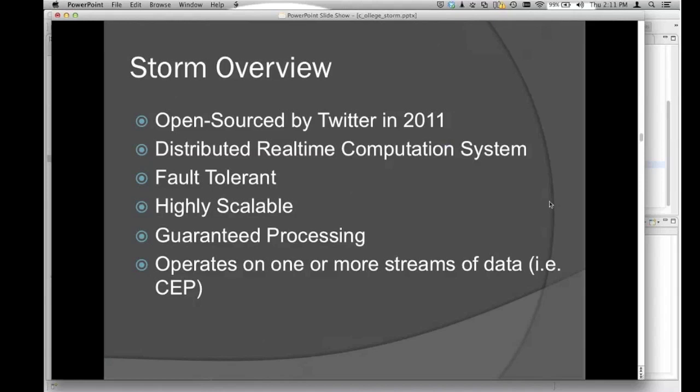So just to start out with a quick overview of Storm. Storm is a distributed real-time computation system. So it does complex event processing type work. It was open sourced by Twitter in September of 2011, and that worked out well for us at Health Market Science, because about that time is when we started moving away from batch processing into a more transactional real-time processing